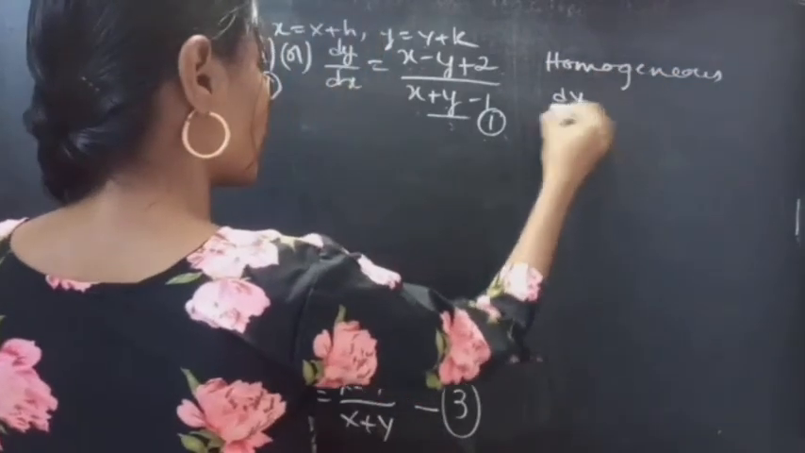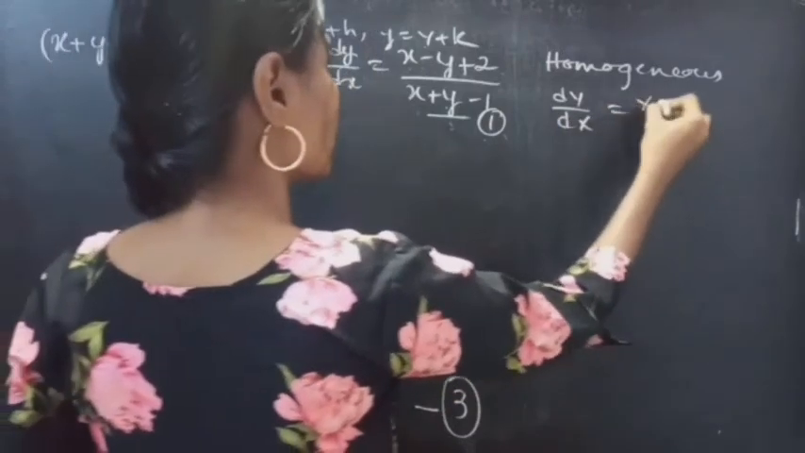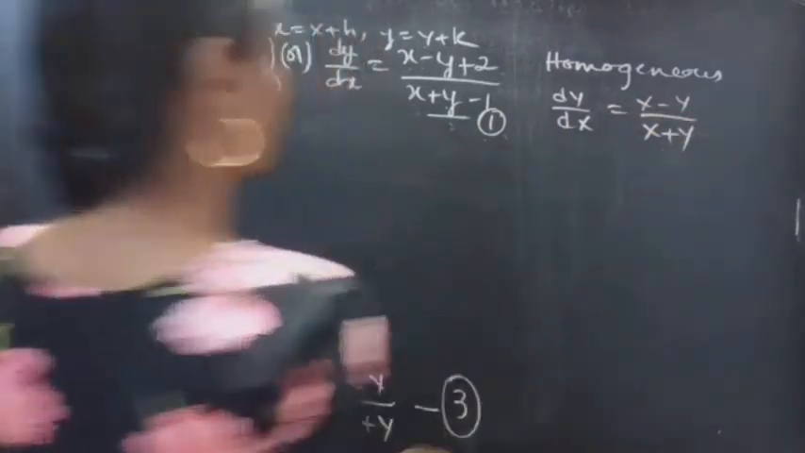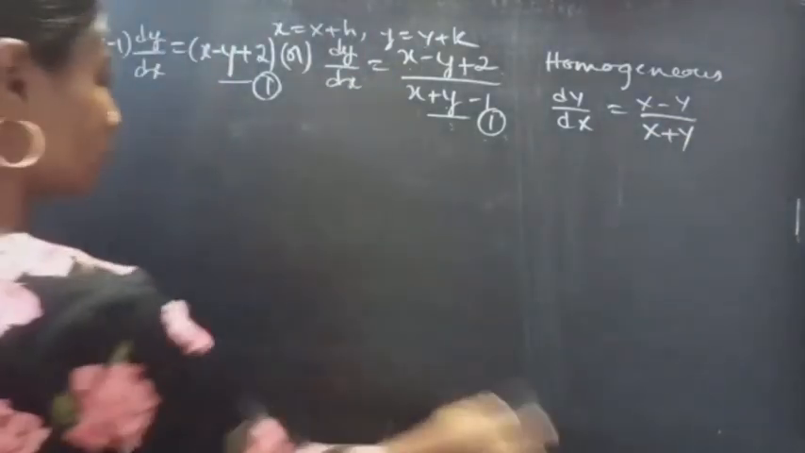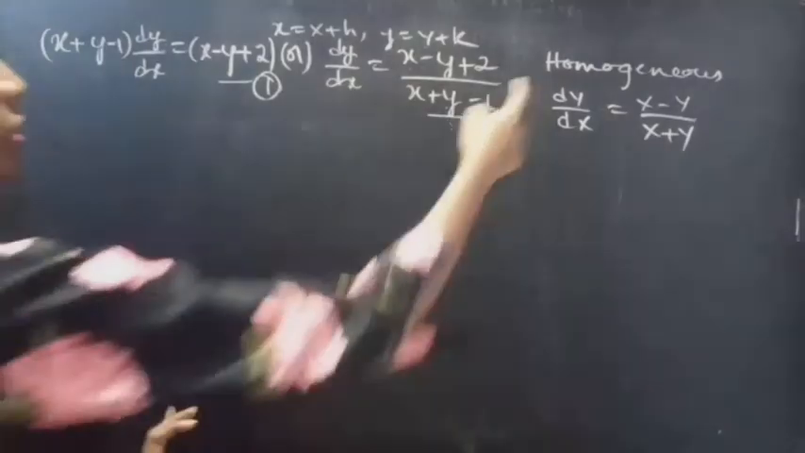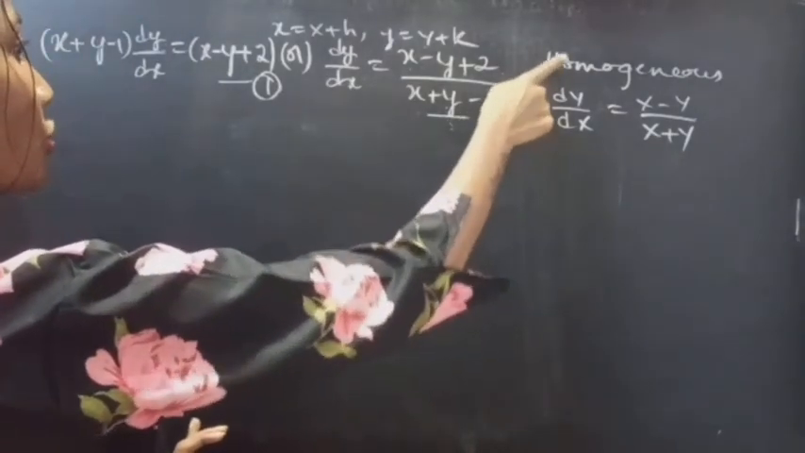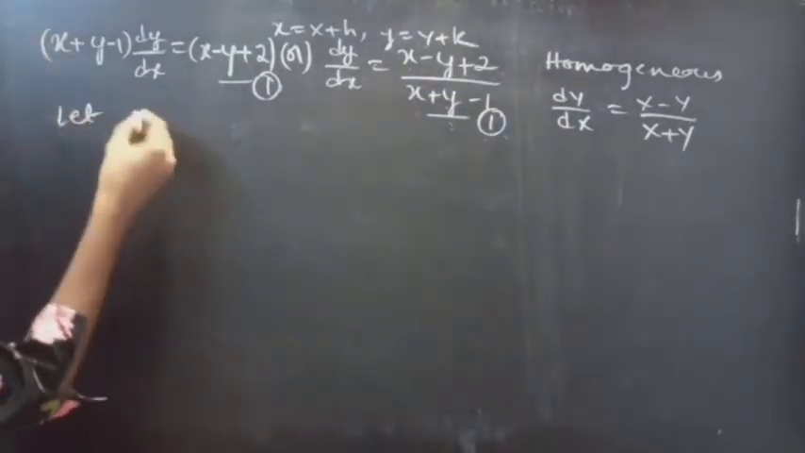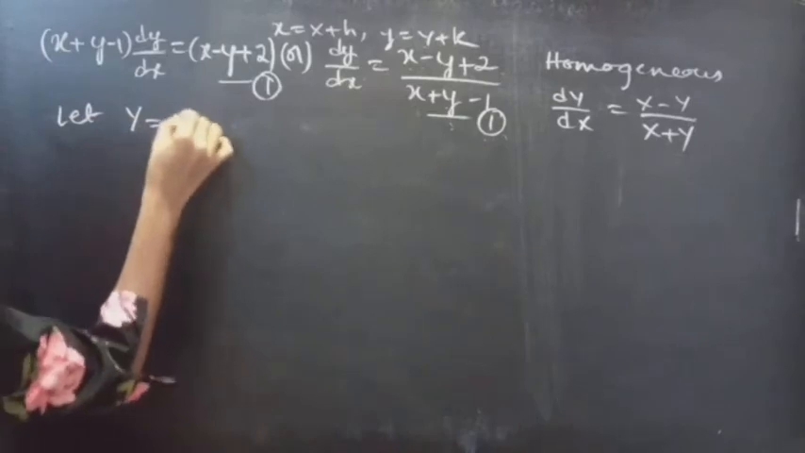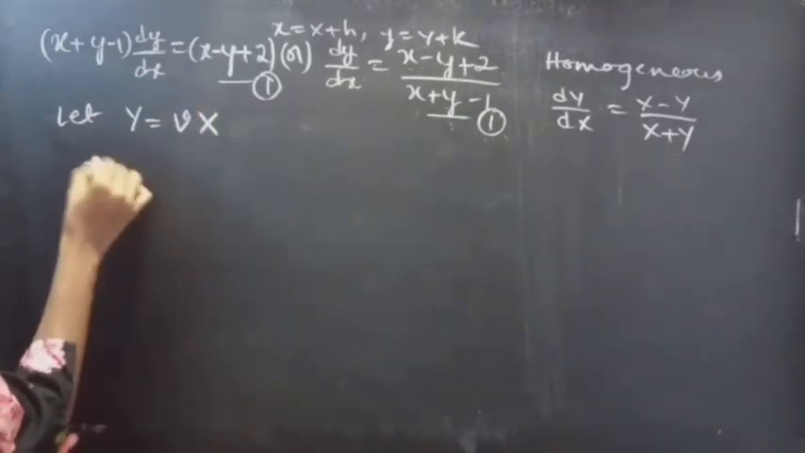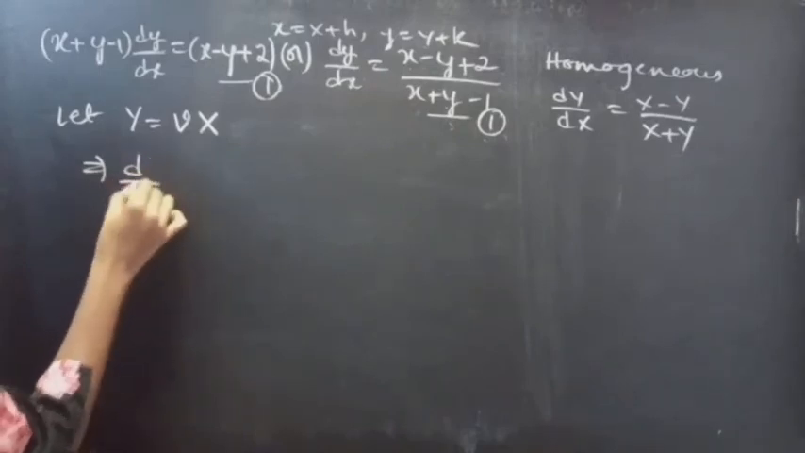dy by dx equals x minus y by x plus y, right? Now what we have to do is, we'll simply follow the procedure to find the general solution to the homogeneous equation. Now let y equals vx. If you differentiate on both sides with respect to x,